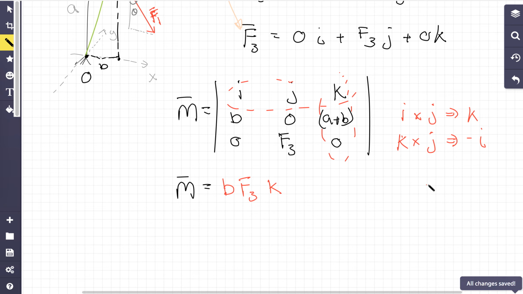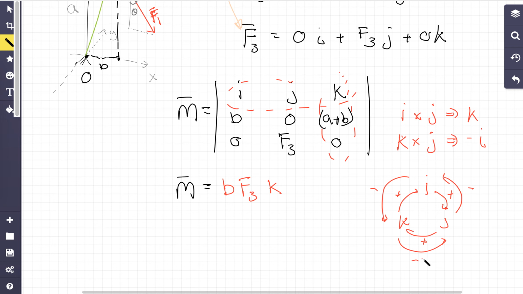One way to remember this is if I have an I, j, and a k, and you're crossing in order, it's positive. So an I times a j is going to be positive. J times a k is positive. A k times an I is positive. Anything in reverse, so a j times an I, is going to be negative. An I times a k is negative. A k times a j is negative. So in this case, we have a k times a j. It has a negative I, so it's going to get a negative a plus b times f3,